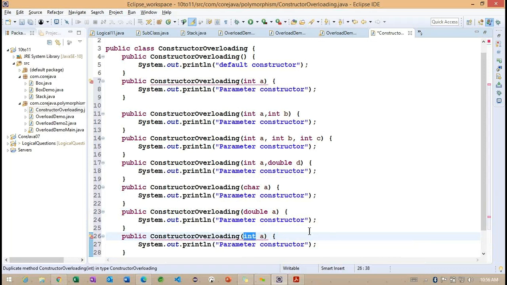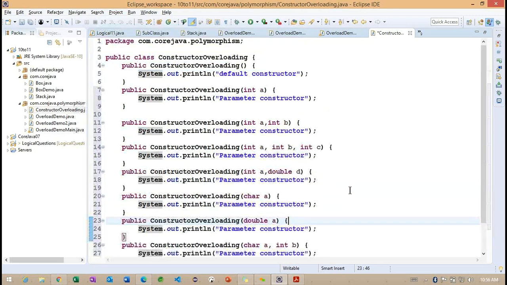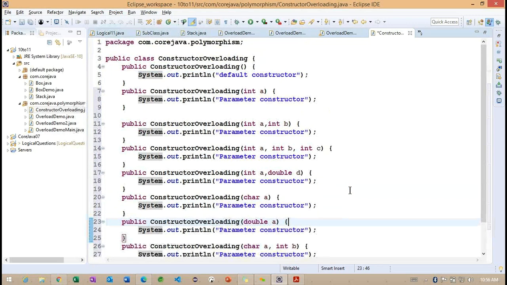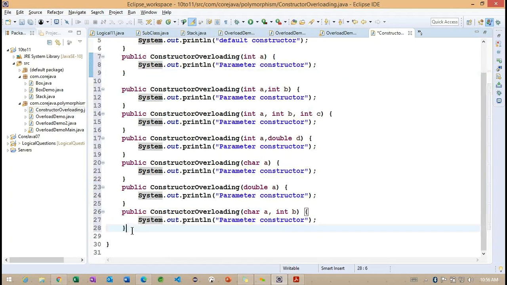So here we can work with one more data type, something called char comma int. So these many overloaded methods we can write. If we want to, we can define more and more here. But here, just carefully observe how these particular constructors are going to be called. So to understand here,